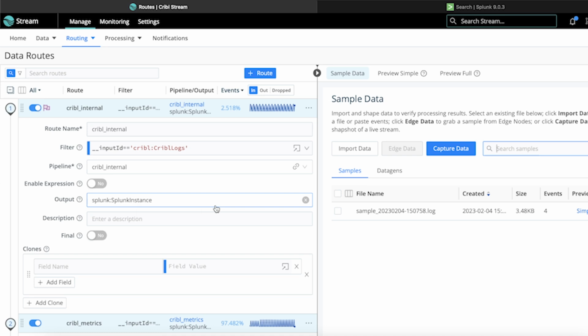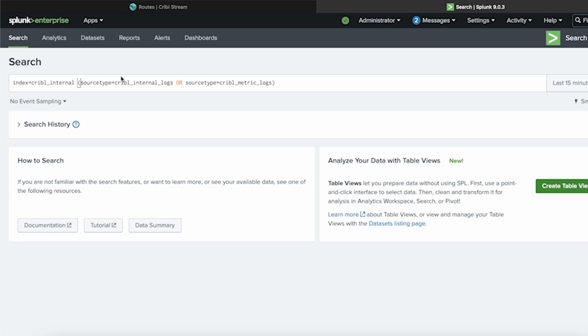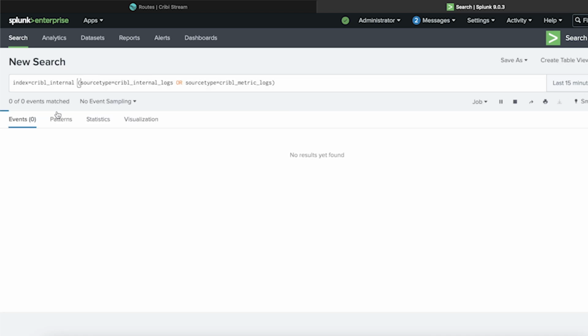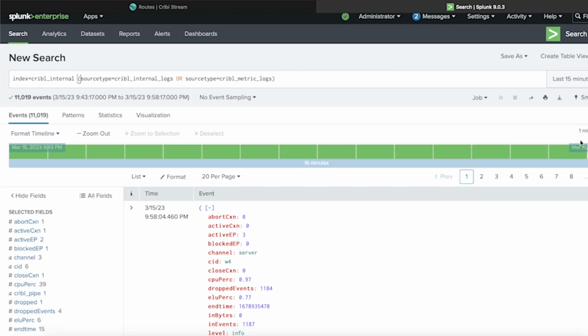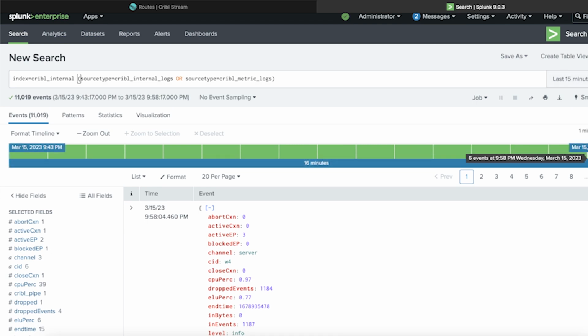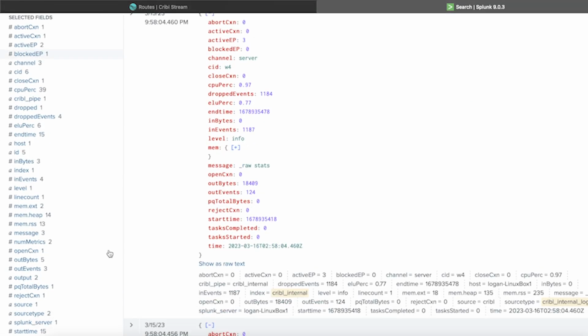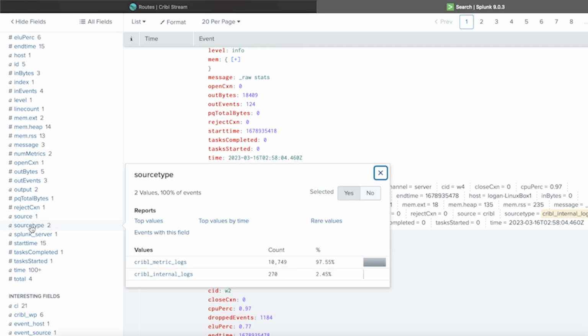So now that we've had our source, our pipeline, our destination, and we've connected all of them with our data route, we can now see that that data should be coming into Splunk. Here I have that index equals Cribl internal and the two source types that we're pulling from the pipeline. So I'll go ahead and search our Splunk data. And you can see here within the last 15 minutes, we are receiving data from Cribl. We'll go down here and look at the source type field and see that we have our Cribl metrics logs